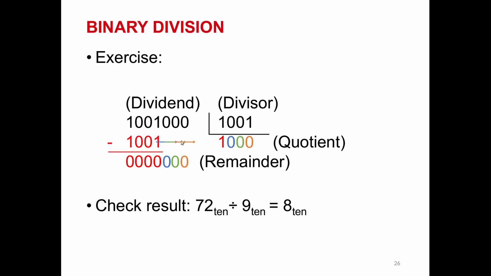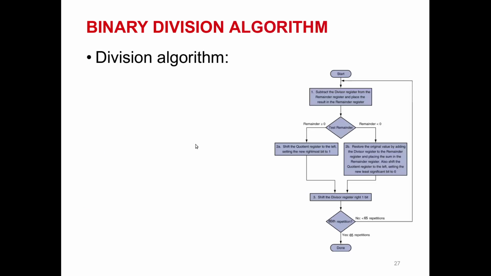If we look into that, we can see that at each step we will shift the divisor 1 bit further to the right, and with that shifting we will automatically be able to use the next bit of the remainder for the subtraction, this and then this, when the divisor shifts to the right. So we can build an algorithm. Here is the algorithm. I will zoom it up now.